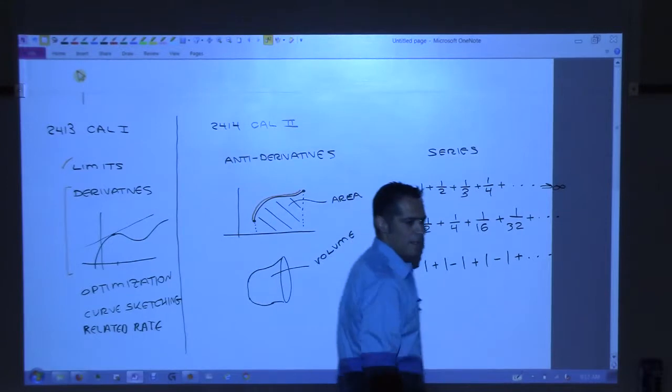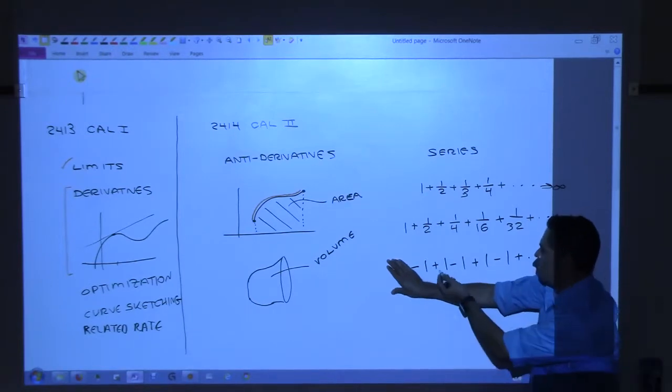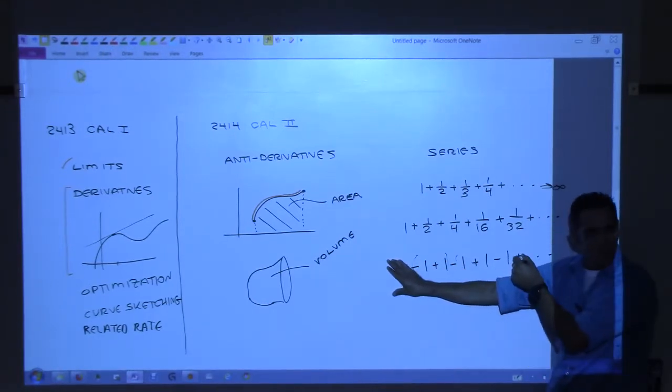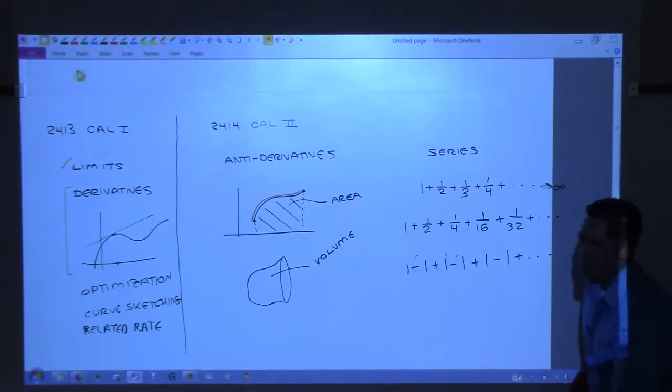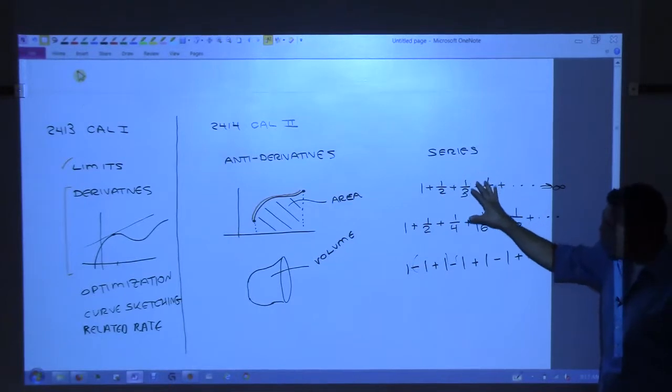Those are 0, right? And you could argue that that would be 0, but then you could argue the same thing for 1. Because if you just cover up this 1, then that's 0, that's 0. You see what I'm saying? These 2 are 0, those. So you could argue for 1 just as well. So it gets weird, all right? This series, we will say it diverges, which means that it doesn't go to infinity, but it doesn't go to a number either.